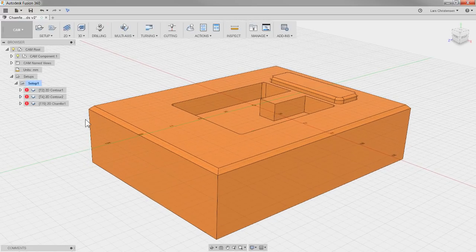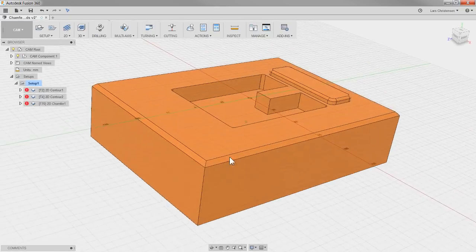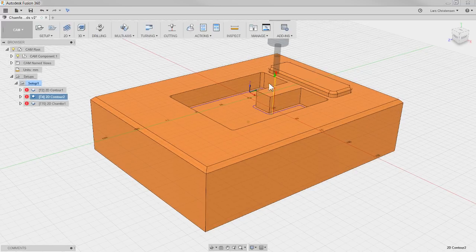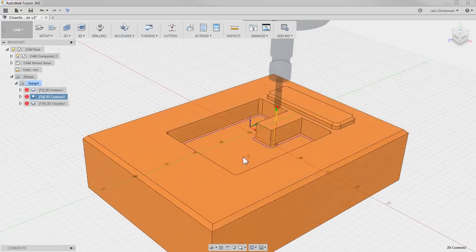What if I have this chamfer on here on the outside? How do I machine it? Well, here's a cool thing. I'm going to show you something neat. If I go into this contour toolpath, the contour toolpath we had before for doing the pocket,